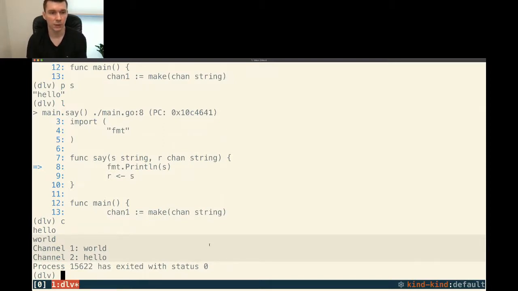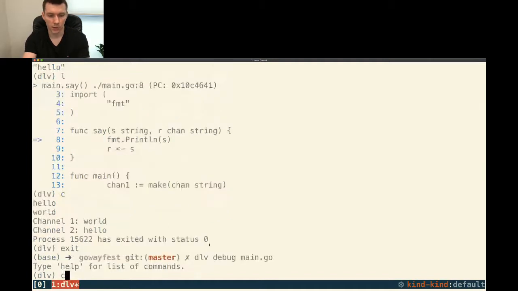As you can understand, we can debug only one goroutine at a time. So we just ignore the second one. But there's an idea which I found useful for me. We can fix it. So if we start again and we say breakpoint,